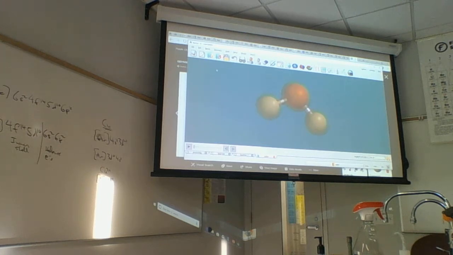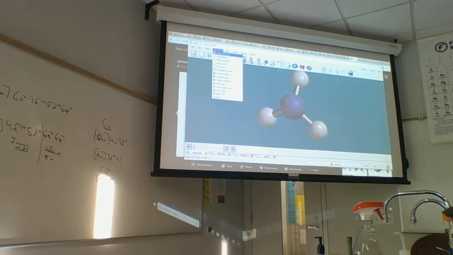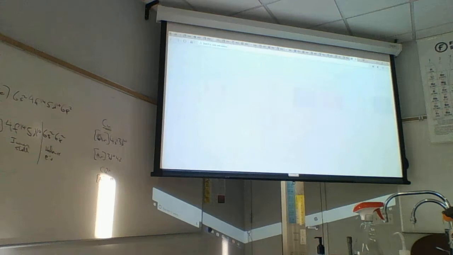How about this molecule here? What did we say the angle is going to be? 107. 106.36 angle. Off a little bit, but what's this one? This is the quantum mechanical calculated angle. The actual angle in ammonia is closer to 107. And the actual angle in water is closer to